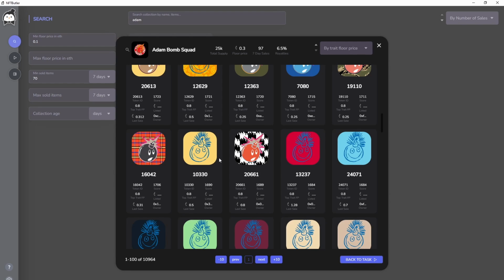We are currently indexing about 300 collections and 3 million assets, and with our microservices, we do not have older data points than 15 minutes in our database. So the worst case would be that maybe we didn't index the latest sale of this token ID, but we are never older than 15 minutes